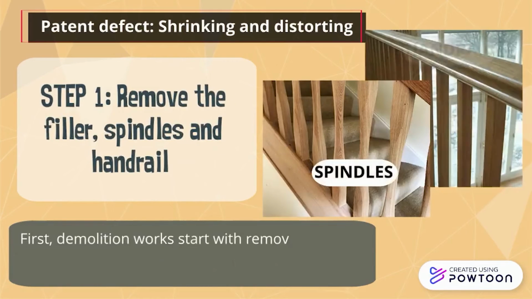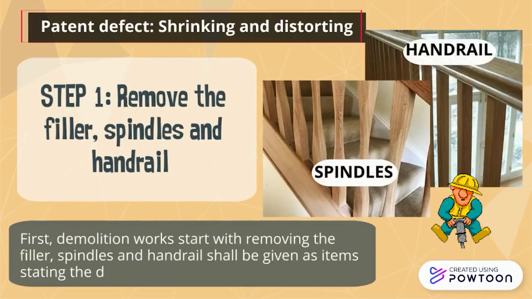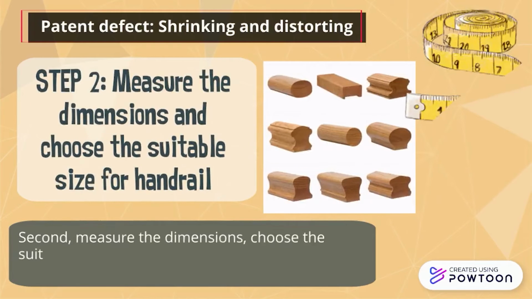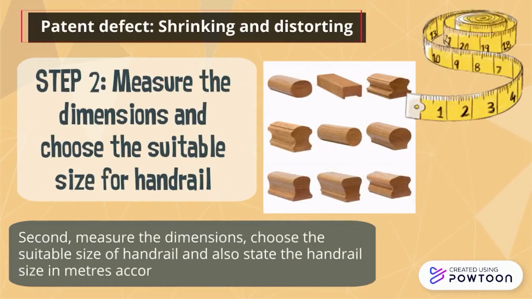First, demolition works start with removing the pillars, spindles, and handrail, which shall be given as items stating the dimensions according to clause C.3.2. Second, measure the dimensions, choose the suitable size of handrail, and also state the handrail size in meters according to clause